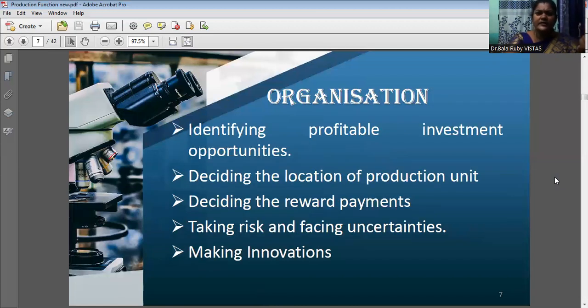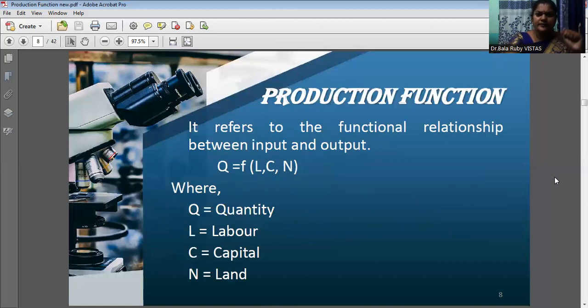Then if you see organization, we must decide an appropriate location, and here also there is a possibility of some risk as well as uncertainty, because the future is uncertain. There are many possibilities of risk because we are expecting a low price or low cost of production, but in the future we don't know, it may increase. Price may increase suddenly or cost may increase suddenly. There is so much risk as well as uncertainty in organization.